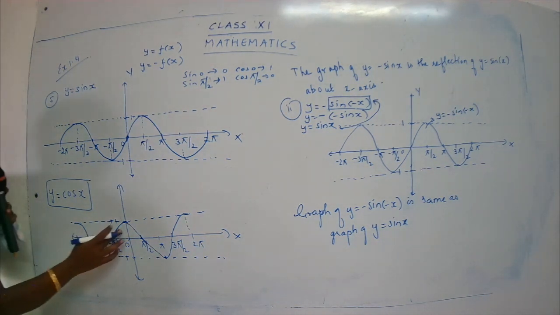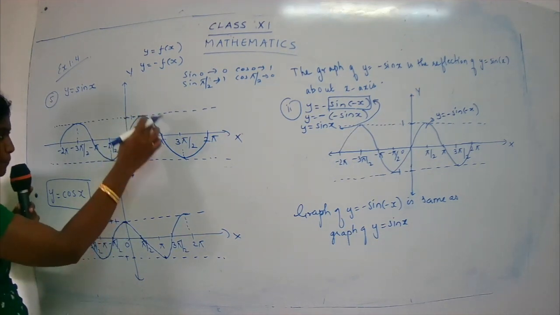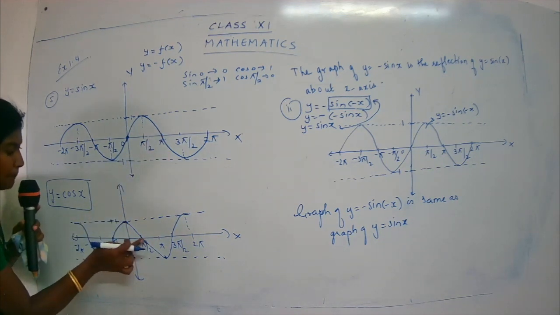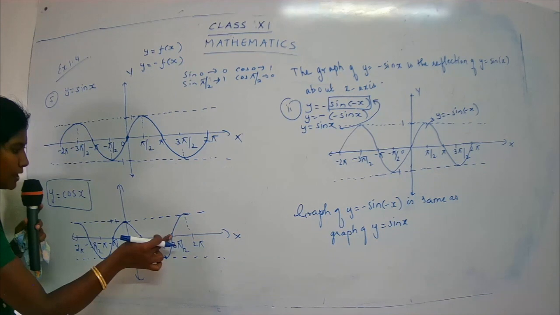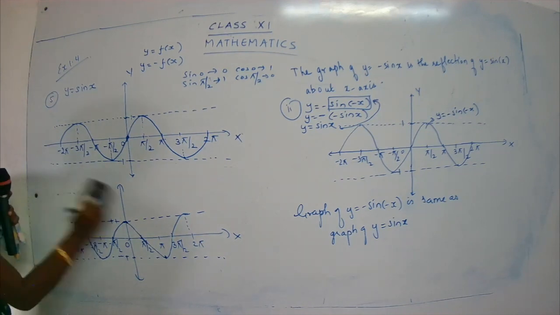So this is a reference, children. How is the graph of cos x going to be? It's going to start from 1. Here it started from 0 to pi, here it's from 1 to pi by 2, then pi by 2 to 3 pi by 2. So just keep this in your mind. How is the graph of cos x? Just take a photo of cos x, keep it in your mind and memorize it.